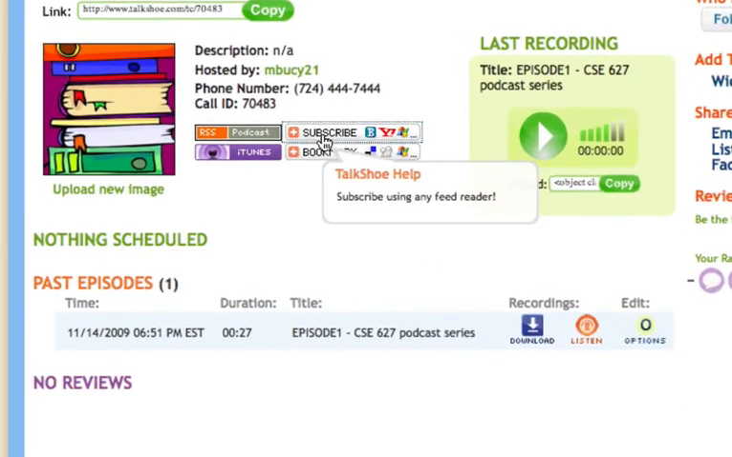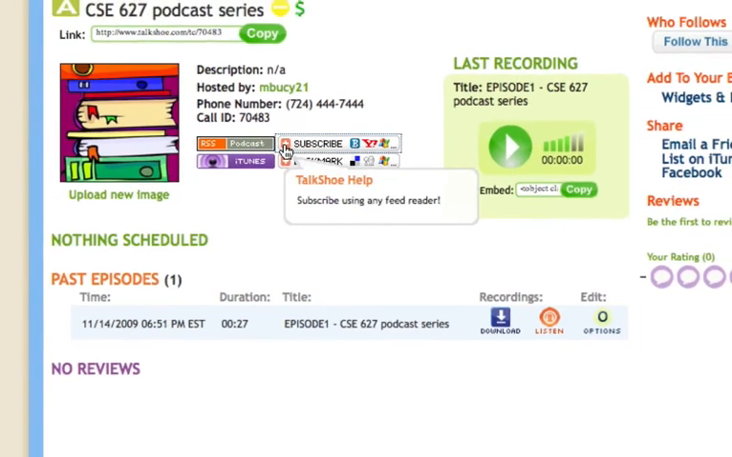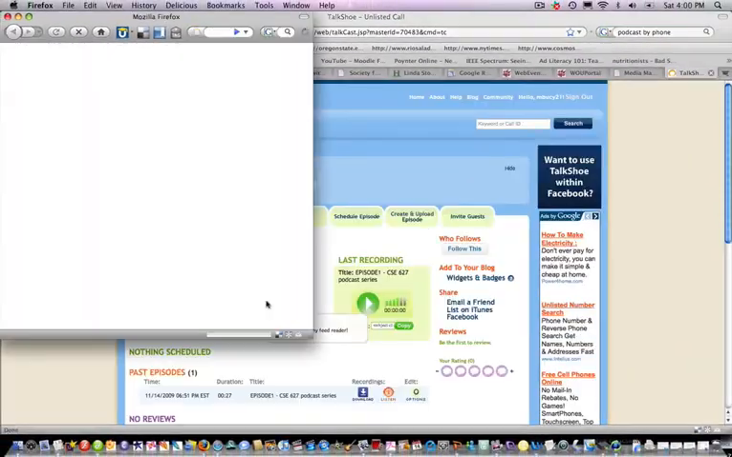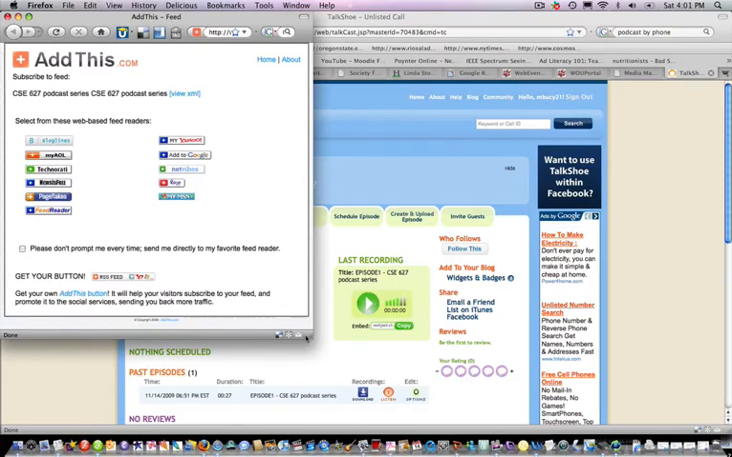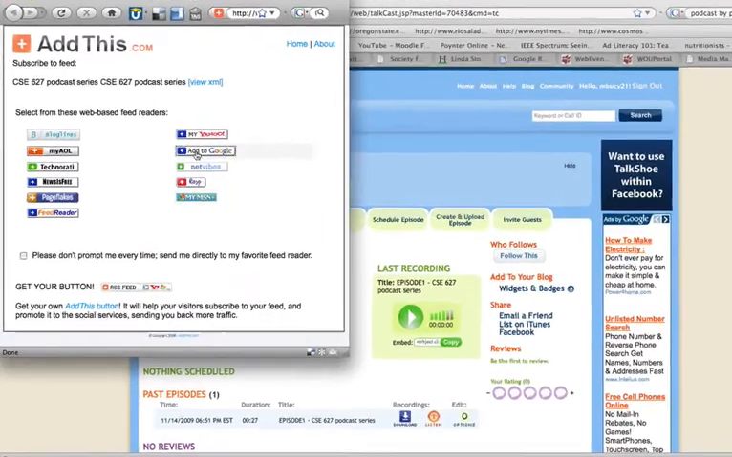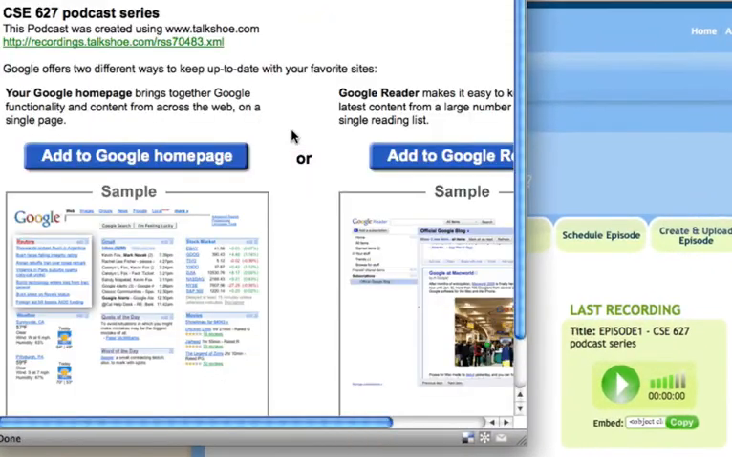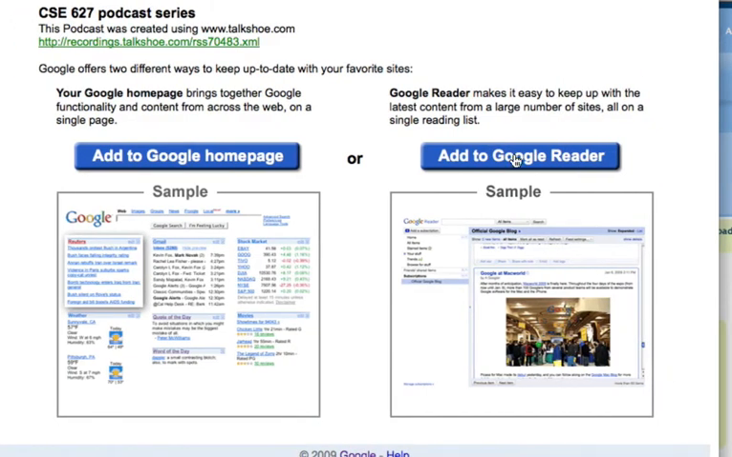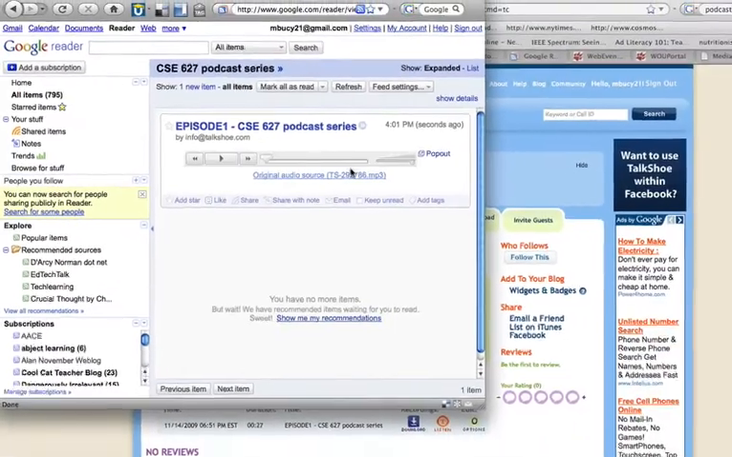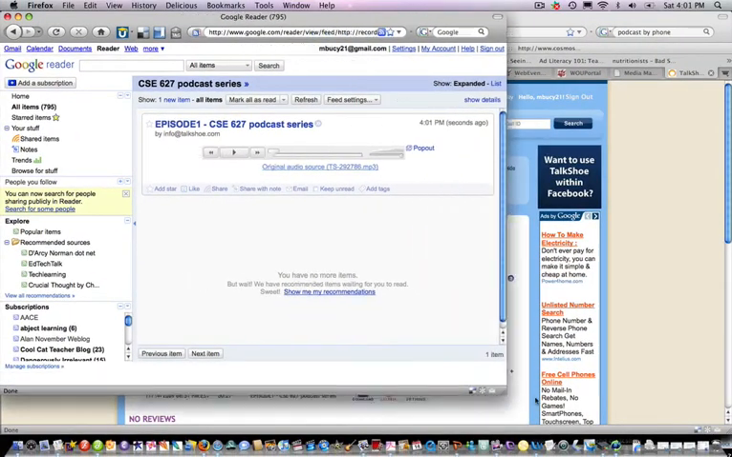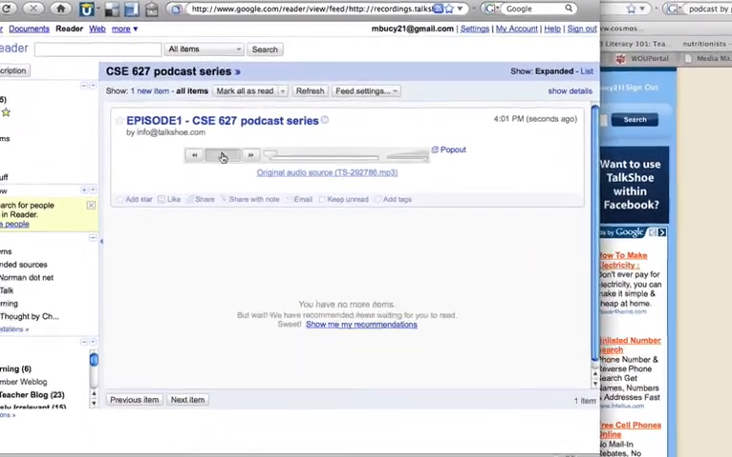I click on the subscribe button and it's going to take me to a page that allows me to subscribe using my Google Reader. Okay, so now I can choose to add it to Google. And I'm going to say, please add this to Google Reader. And there I am back in my Google Reader, and here is my podcast. When I click on it,